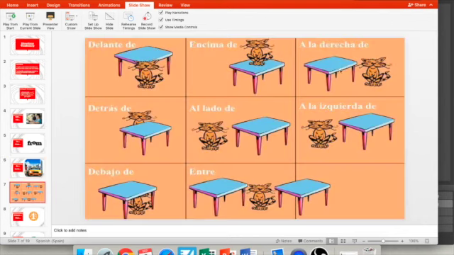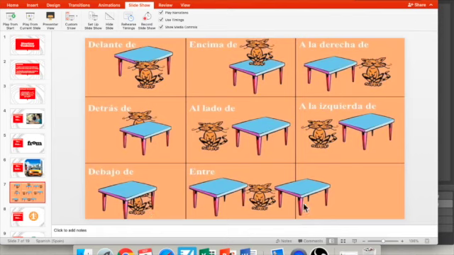The big key terms you see in this chapter here are these words, and these are your directional words. And I always tell you to take a look here at the cat, and depending on where the cat is located, you will determine what these mean. So we have delante de, in front of, detrás de, behind, debajo de, look now he's underneath the table,